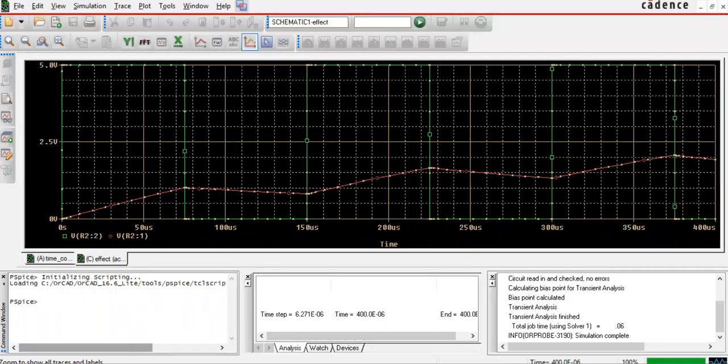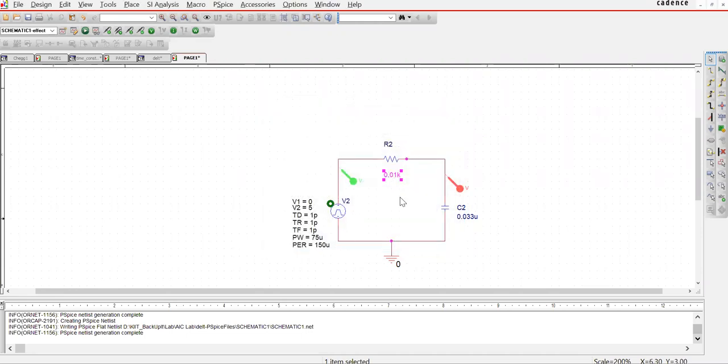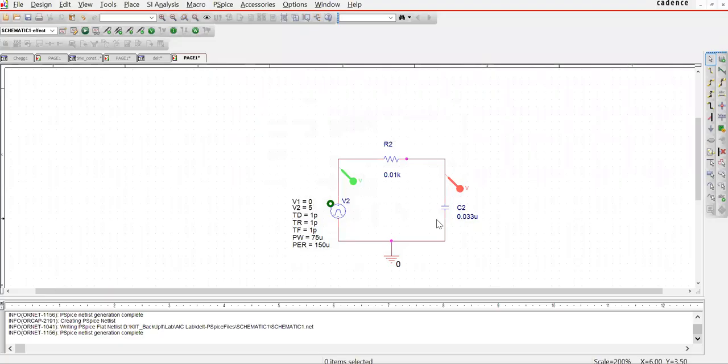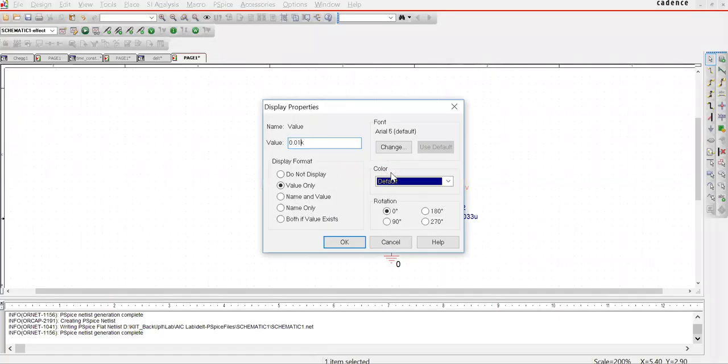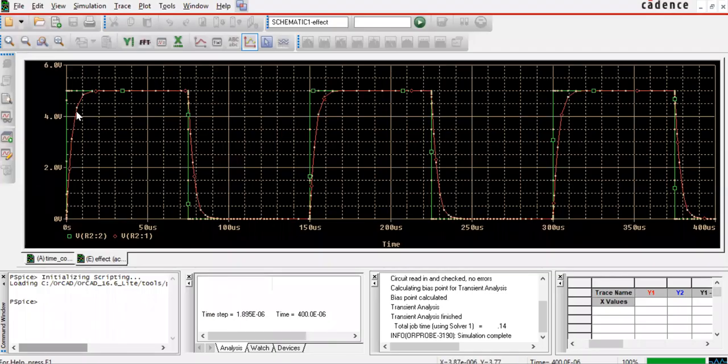Now, next one, if we decrease the time constant to, let's say, 0.01. So here, now the capacitor is going to charge very quickly. So if you run here, the capacitor is charging very quickly, right? And therefore exactly the input kind of shape we are getting at the output. Clear? To understand more, let us now make it 0.1. So now we can see clearly how quickly the capacitor is charging, to get the input. Fine.